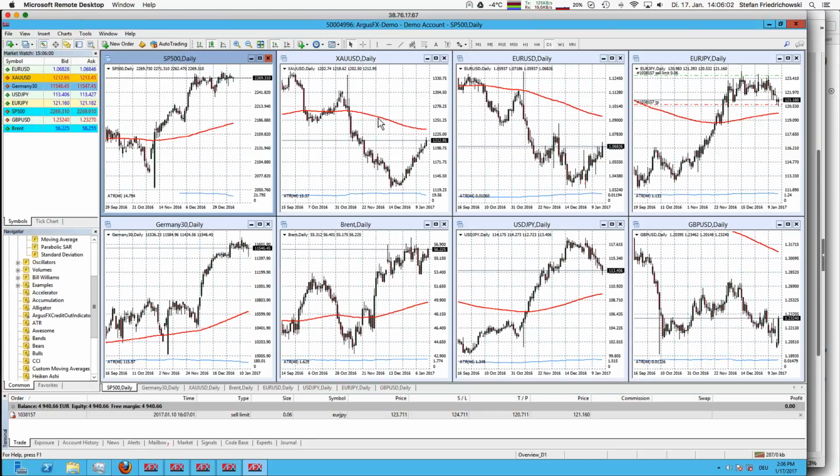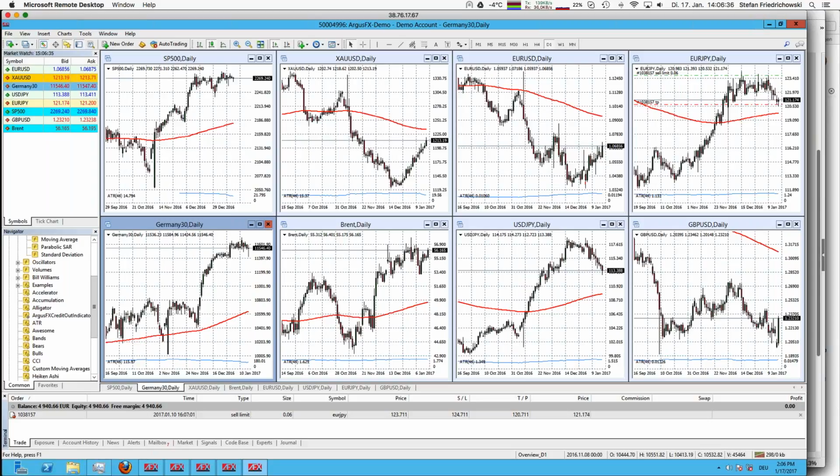The 8 underlyings have been derived by looking for spread values, so costs of trading, and to the different asset classes. And those different asset classes you can see here already within my chart. We have 2 indices. One is the S&P 500 and the other one is the DAX, so the index of 30 stock values. So we have 2 indices.